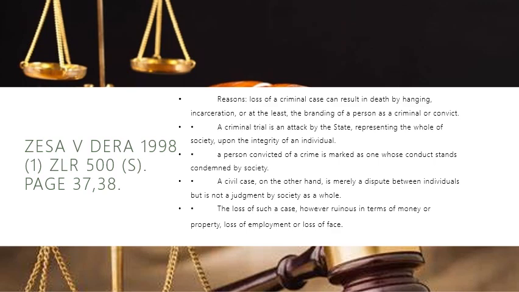we have Zesa versus Dera. It sums up the rationale behind the differentiation of those two standards of proof that we talked about. The rationale being that in a criminal case or a criminal trial, it is beyond reasonable doubt because the outcomes of such cases are dire. We are talking about infringing a person's freedom of movement, and in some cases the right to life in death sentence cases. So we want to have beyond reasonable doubt assurance that the person is indeed